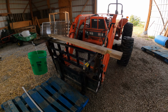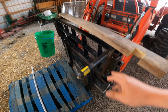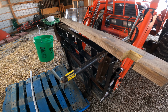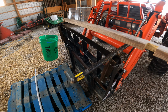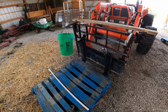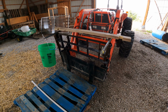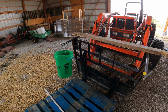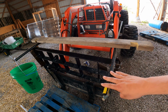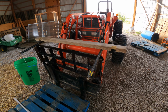So I went and cobbled together this little bracket here on each side, as quick as I can get it, with some scrap metal from the scrap pile. And so now what we do is we put a guy on the pallet, we raise it pretty much all the way up, and then a couple people stand up a bow, the guy in the middle grabs it, and we set it across these, I don't know what you want to call those, brackets, I guess. And then